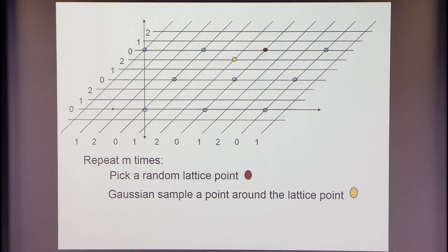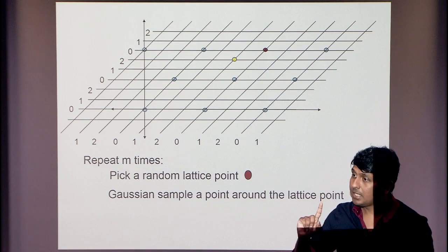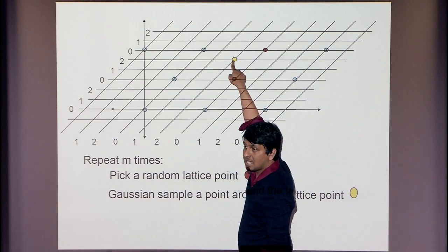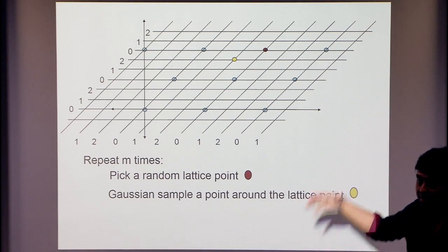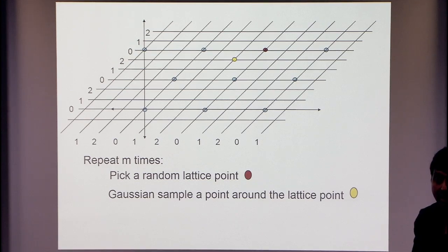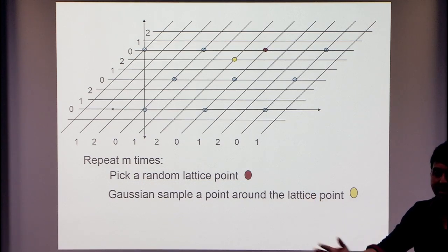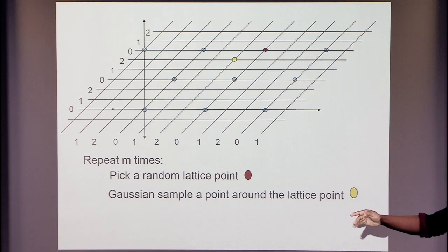So now this defines a vector in Z_q^n, because remember, each corner in the final lattice can be labeled by a vector from Z_q^n. Once I get that yellow point, that defines a vector in Z_q^n. I call it A1. That's the first column of my SIS matrix. Why stop here? Let me do it again. Call it A2, do it again, independently at random, call it A3, and so on. I repeat this process m times.